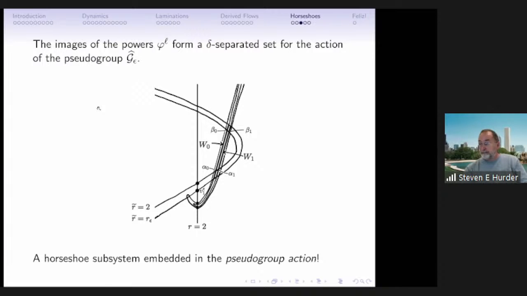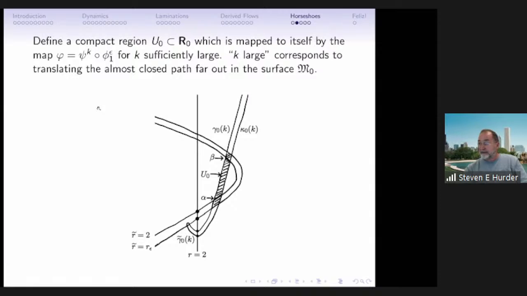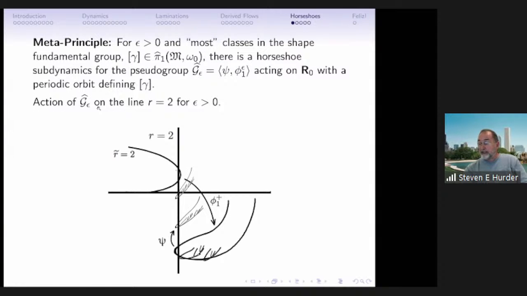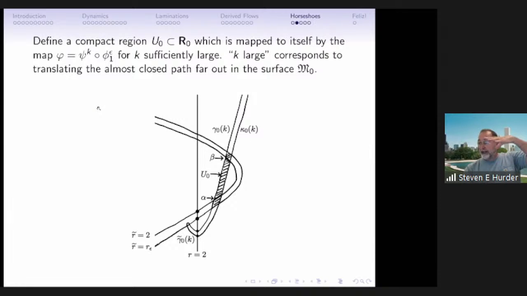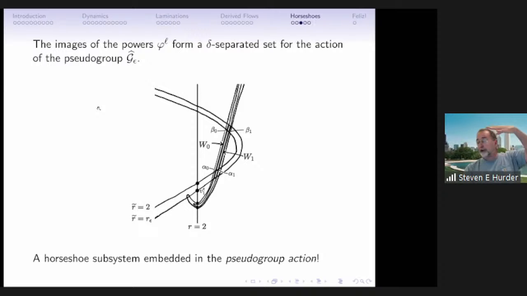Now, I've not explained, and it's just an advertisement for the work, I guess, where these maps are, but there are plenty of these return maps and climbing available to work with. And for each of them, you get to build this picture of a horseshoe. So when you do that, you've realized the exponential growth of orbits, and you realize the chaotic behavior, all for very small epsilon, very close to the aperiodic flow.